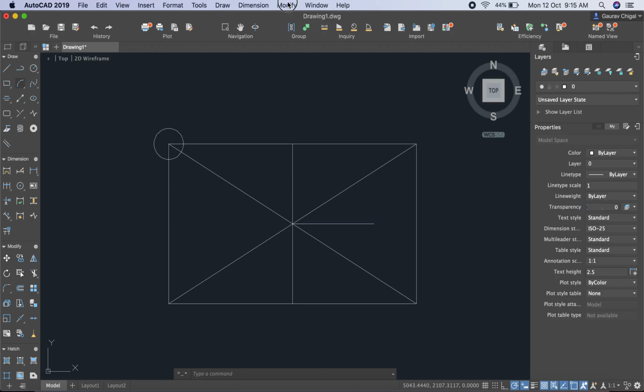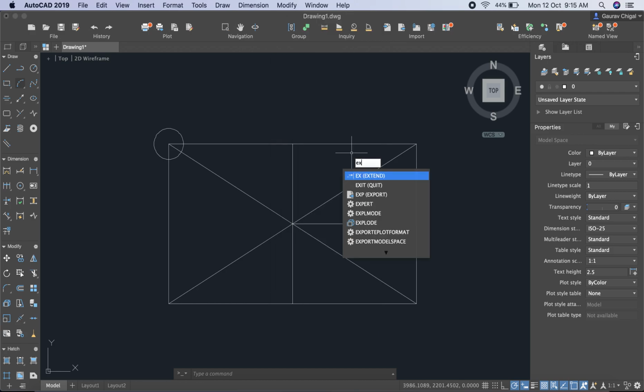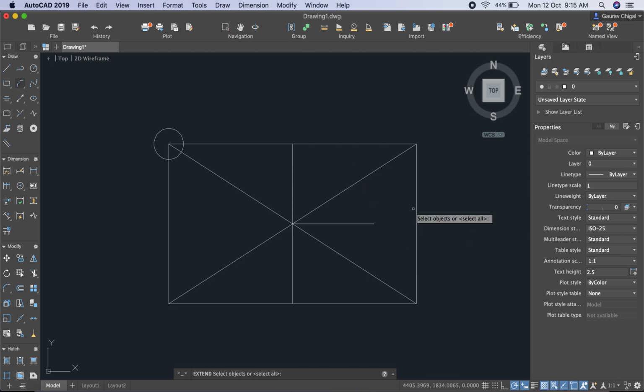So what I do, I just click on modify and go to extend, or you can type EX on a keyboard, press enter. Now select the object up to which you want to extend the line. So this is the object up to which I want to extend the line, and now select that object or entity which you want to extend. So this is the line I want to extend.